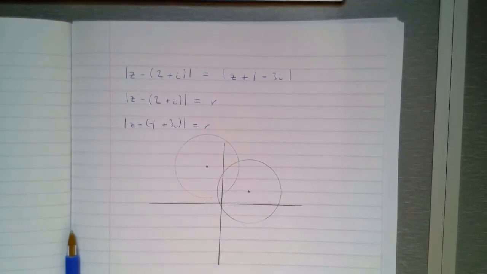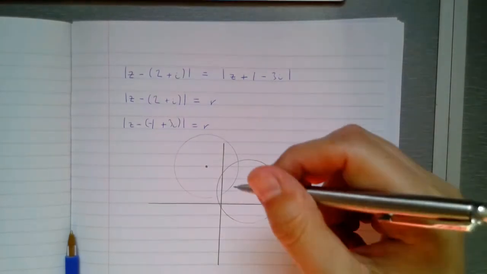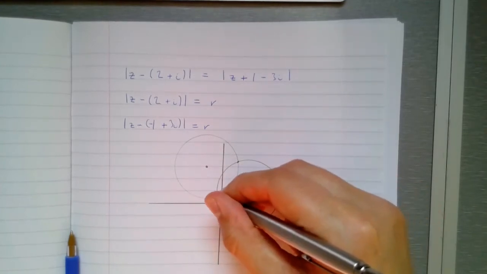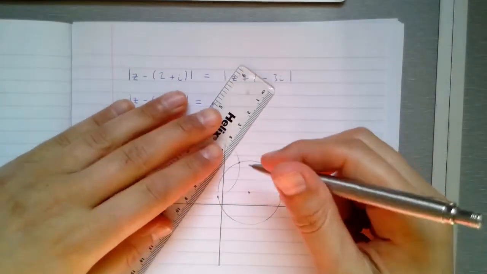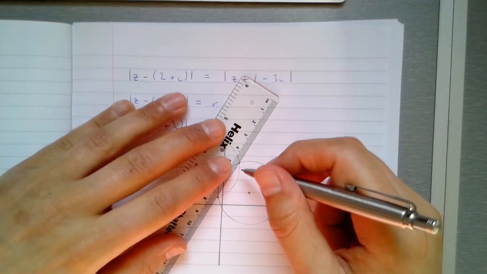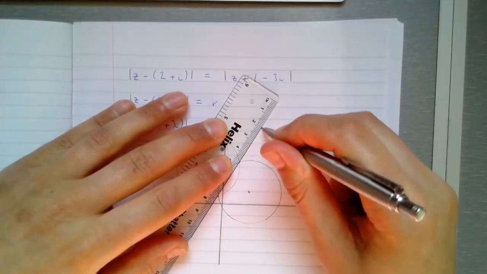I wonder if it matters if I pick a different r. Actually, let's not do it. You guys can do it with different variants of r. Make it really big and just see how it works. What you're going to find, though, is it doesn't matter how big you make these circles, you're going to get these two points which overlap. And if you draw a line through those points, like so,